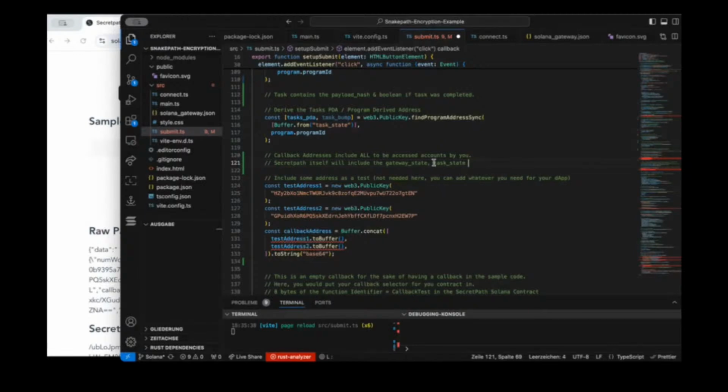Will include task state, gateway state, and program ID of the CPI of the callback, basically of the callback program. Will include this by itself. So it means for you as a developer, you will need to think about what accounts or callback addresses